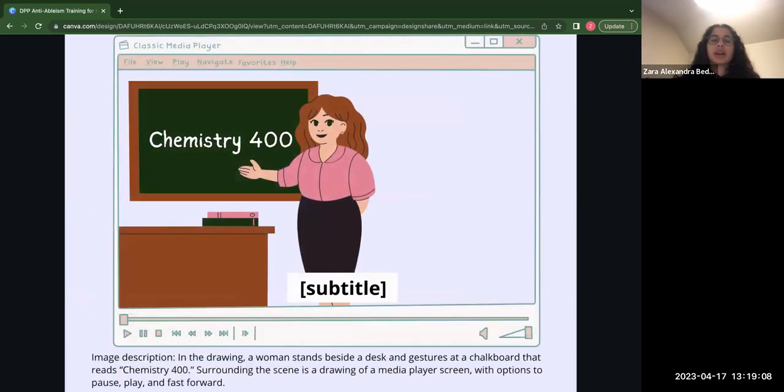This slide shows a drawing of a recorded lecture. Another strategy that became popular during the pandemic was setting up lecture recordings, which we also highly recommend. Lecture recordings benefit all students, whether someone was sick that day and needs to catch up, was in class but needs more review, or has trouble understanding a lecturer in real time and is better served by a recording with subtitles that can be stopped or slowed down.